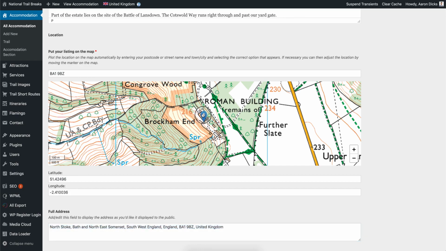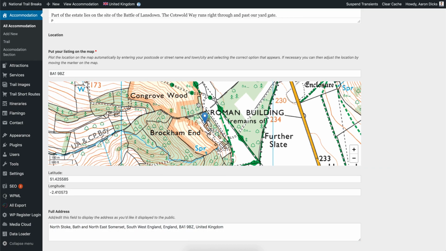Any fine-tune adjustments you make to the marker will represent that in the latitude and longitude coordinates, and this will be shown to the user on the front end as well, but it will not then edit the full address for you anymore. From here you can then make sure that you include the property name correctly and edit the address so that you're happy that it's shown in an appropriate way for the user on the front end of